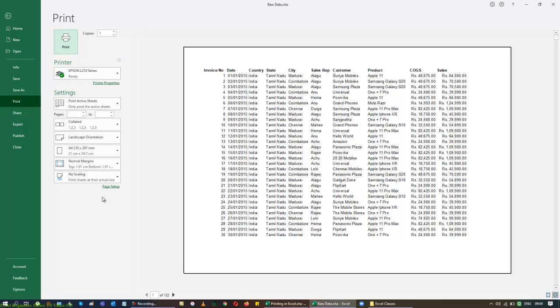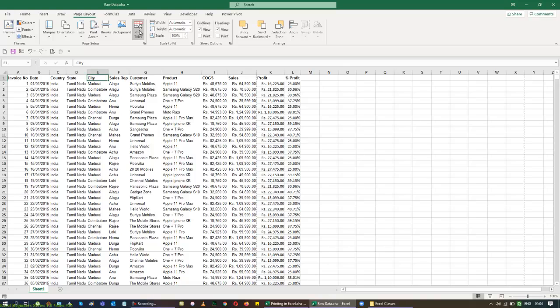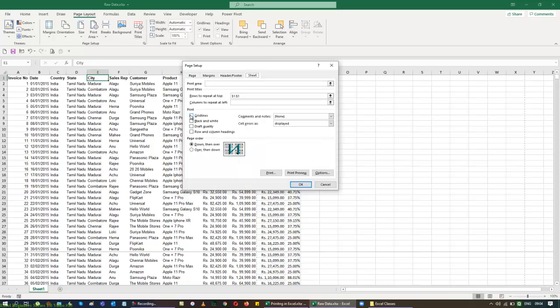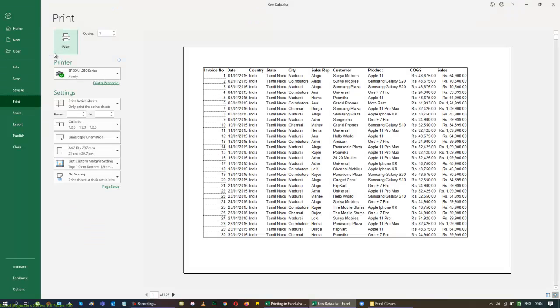So if you don't want to use the borders, instead you want to take a printout with the grid lines in it, you can also always do that. So go back to your page layout, go to print titles, and use grid lines. When I give an OK, only when you take a print now in the line items, you may not be able to see anything here. When you go to your printout, you can see them very nicely.